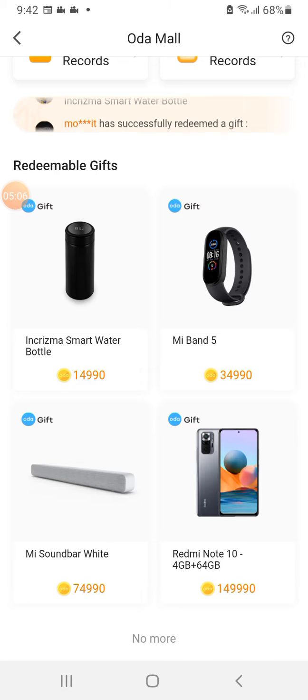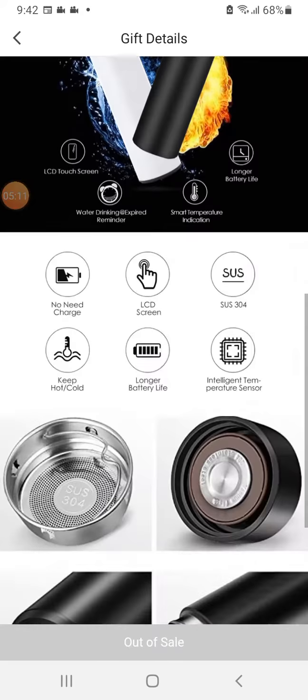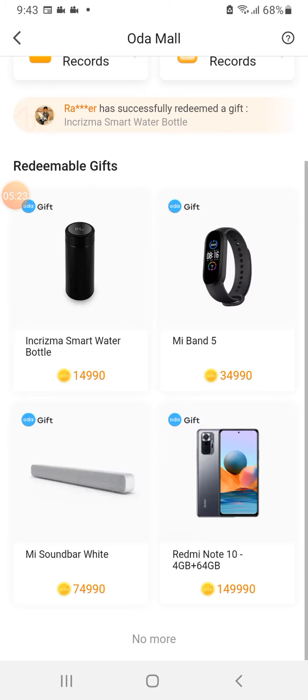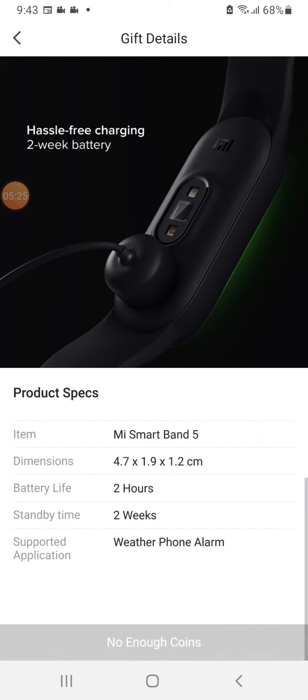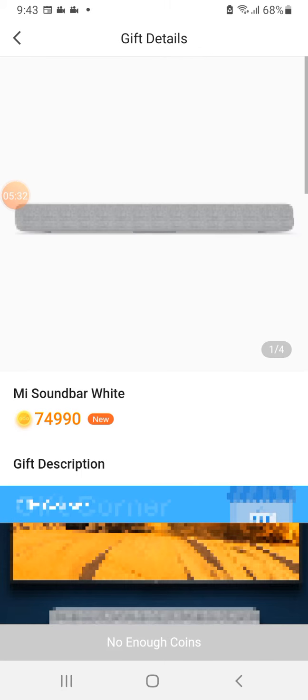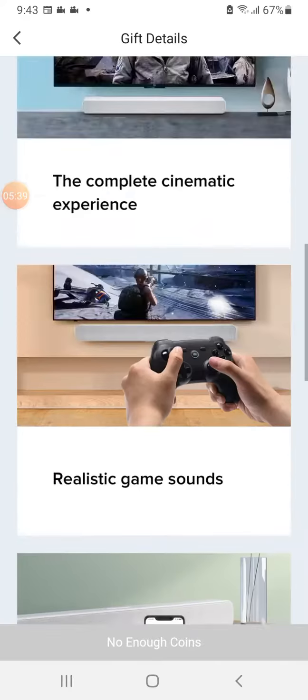And you can also buy gifts. It's free of cost, no money you have to give. There is one Christmas smart water bottle, a temperature water bottle, and this is out of sale. And a Beanie Band 5, but I don't have enough points to redeem it. I need the sound bar white. You can listen to the sound quality.